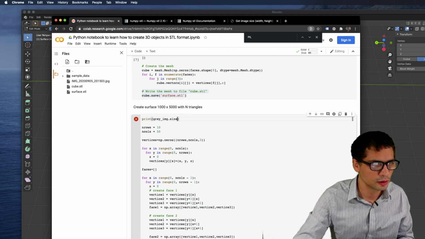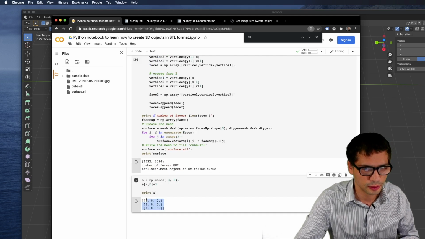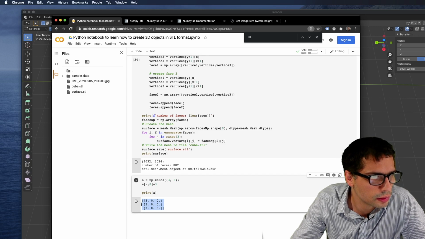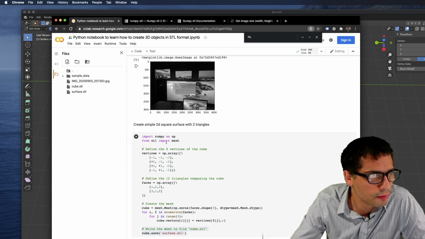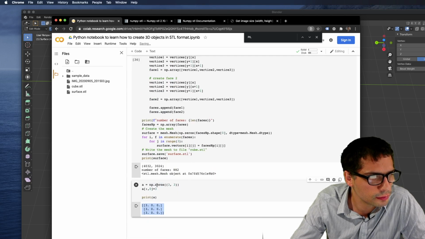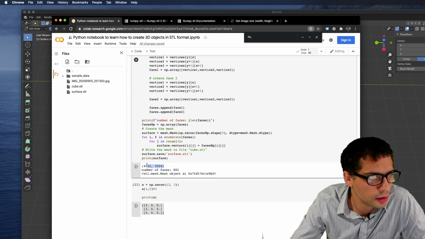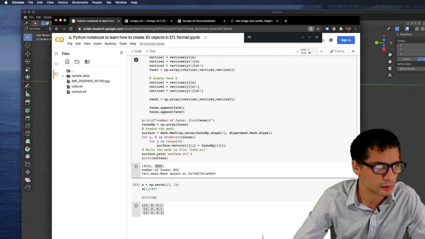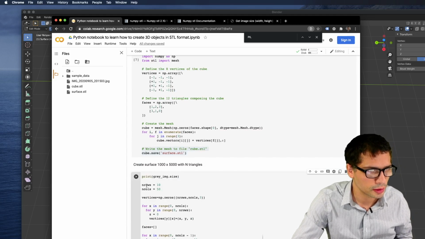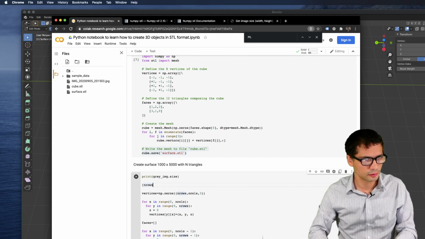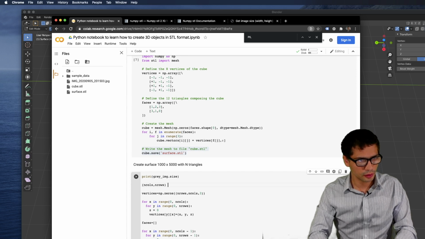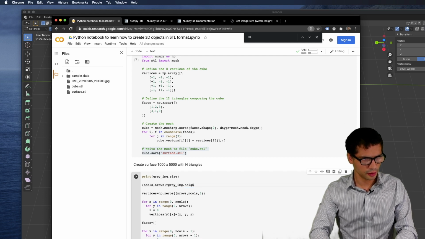Size. So this is the size. Sorry, this is not the size, I was confused. Here. So the wider number is the width, the lower number is the height. So I can do something like, so enclose is the height. Sorry, I didn't have to do this.